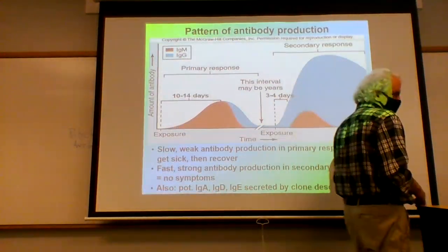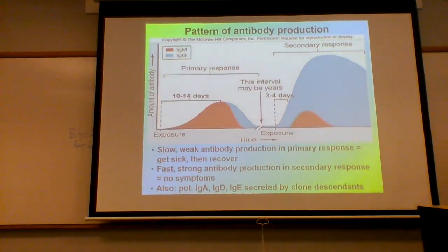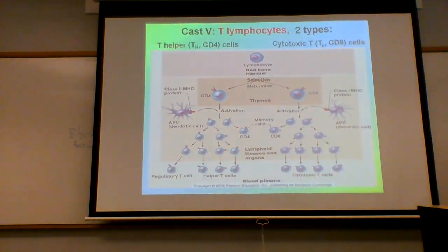All right. So that is what allows for the transference of immunity through breast milk. Okay, so